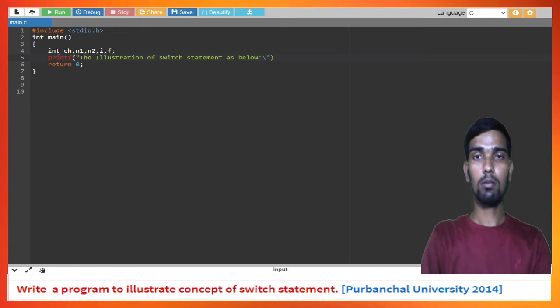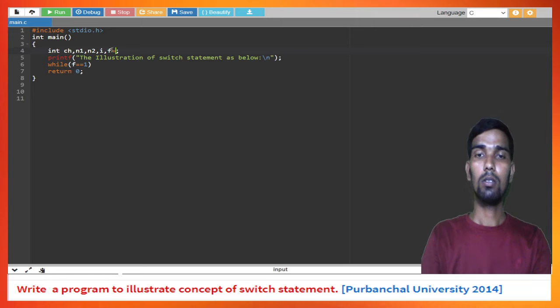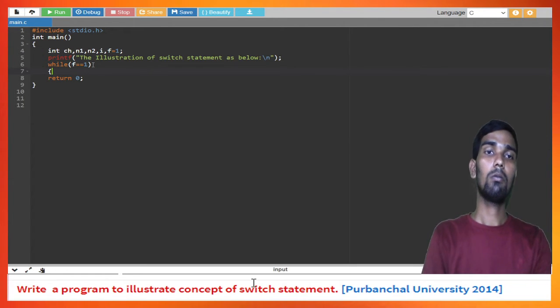Okay, so we are doing the illustration, and what we will do is use a while loop. Initially we will put flag equal to 1. So while flag equal to 1, what we have to do,